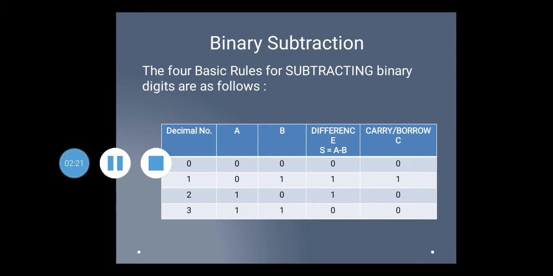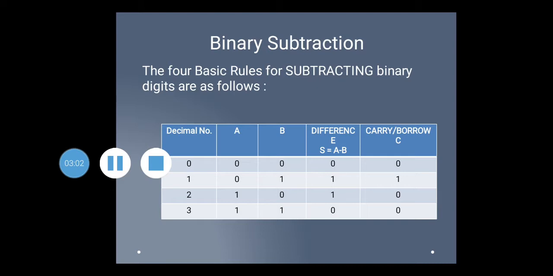The next condition is if A is equal to 0 and B is equal to 1. In this case, when you subtract, this is 0 minus 1, that means smaller number minus larger number. You have to understand and remember it this way. When you subtract a larger number from a smaller number, whatever difference you get is 1, and also a borrow is generated, and this borrow will go to the next consecutive bit.